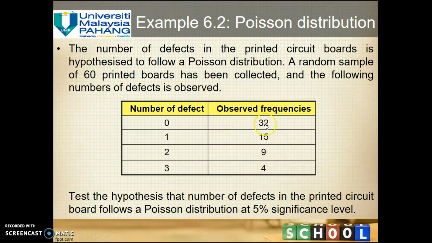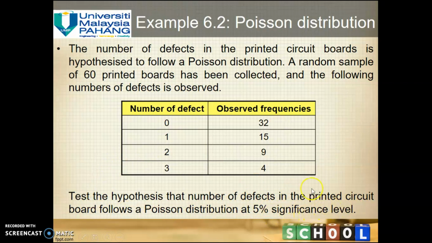So the data given here is an observed frequency. We have 4 categories. The category here is the number of defects. First category, there is no defect. Second category, 1 defect. Third category, 2 defects. And the fourth category is 3 defects. So this is your observed frequency. Thus the hypothesis is that the number of defects in the printed circuit boards follows a Poisson distribution at 5%